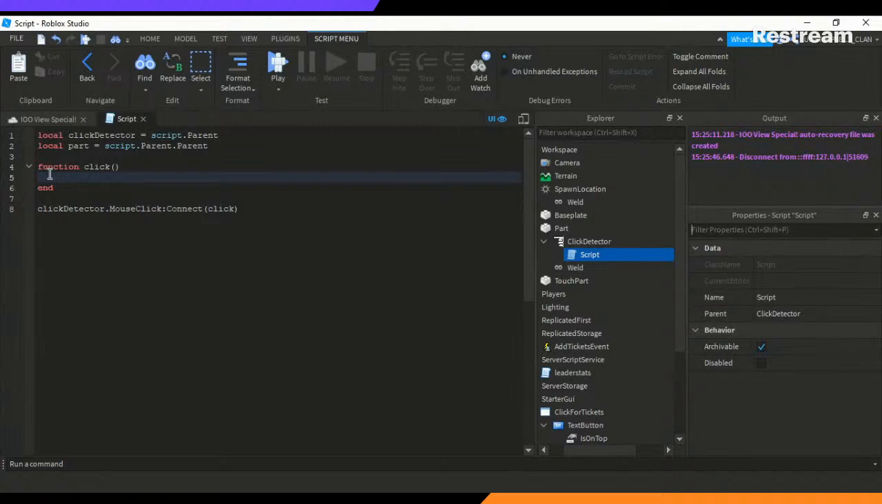Most people do script.parent.position equals vector3.new and some numbers, wherever they want to go, how much forward they want it to go. But that will just make it go there. When we click it again, it won't do anything since it's already there. So now we have the part defined already, so we can just do part.position equals part.position. This means it will be the same place it is, but we're going to add